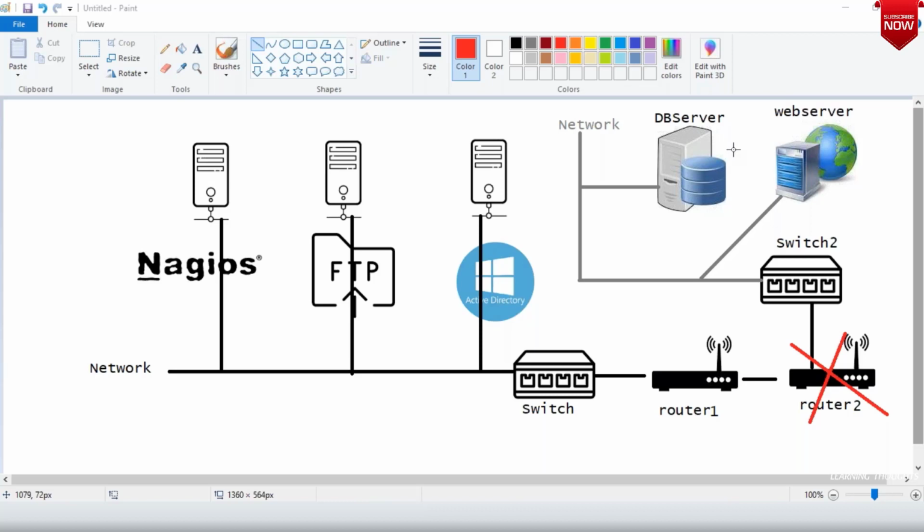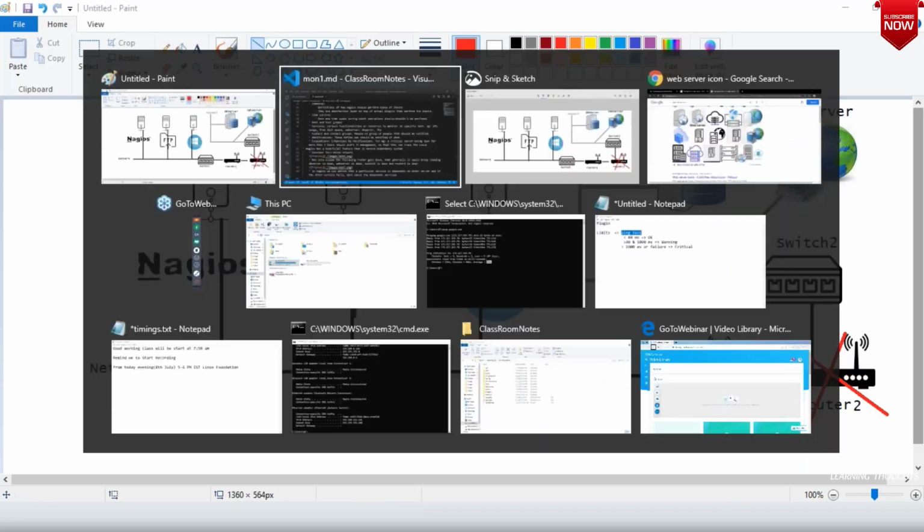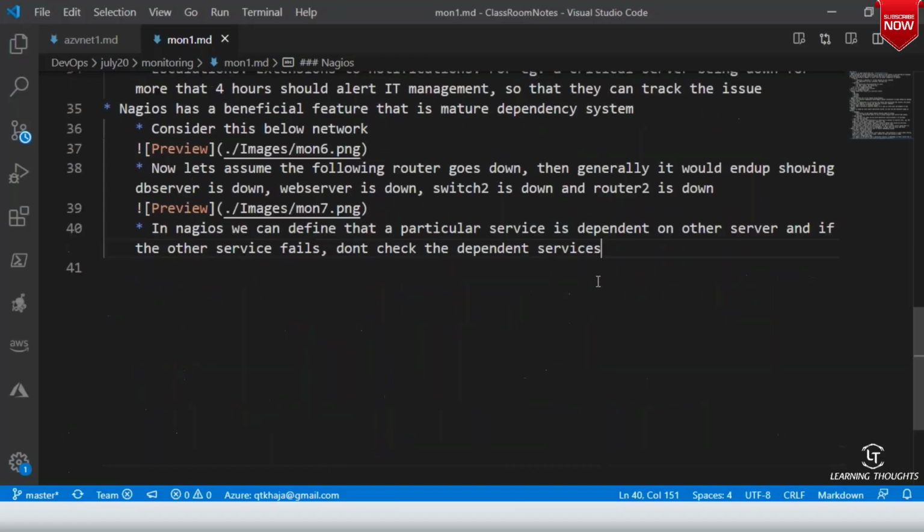I think I'll speak about the last couple of topics, and then we would get into the next aspects of Nagios. So Nagios basically gives you very interesting stuff.